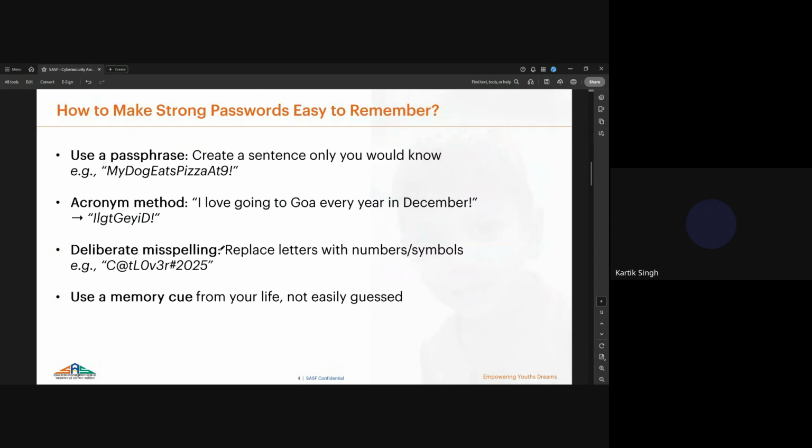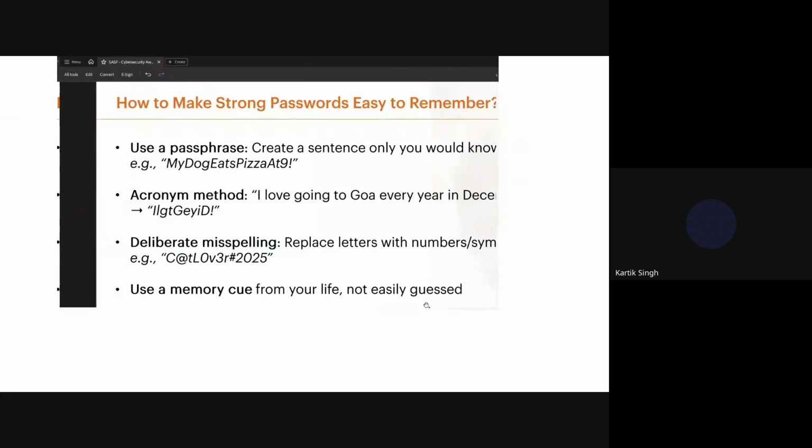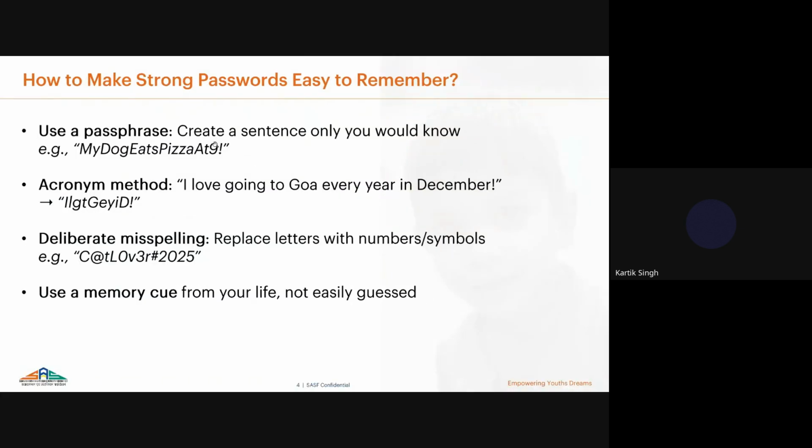Now moving on to our next slide, which is how to make strong passwords easy to remember. Now everyone says to create strong passwords and keep them at least 12 characters long, but how do you remember them? So we can remember them